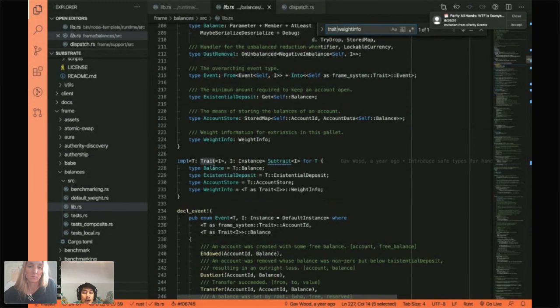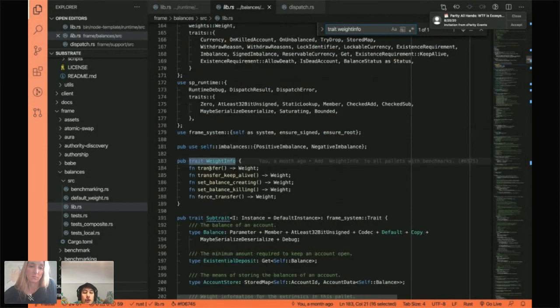So you can see here I've defined that if you want to be able to correctly weight the balances pallet, you must give me a function for transfer keep alive, set balance creating, set balance killing, and force transfer. You must give me these functions that return a weight for that extrinsic.